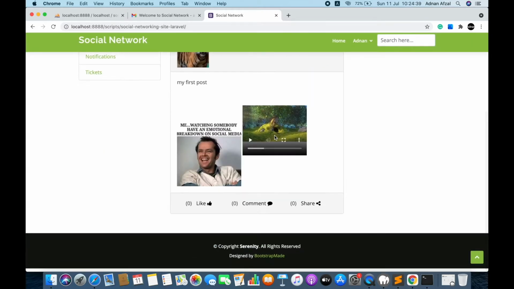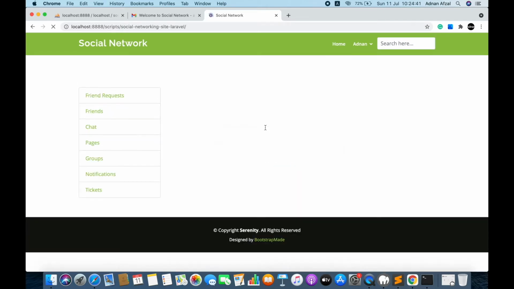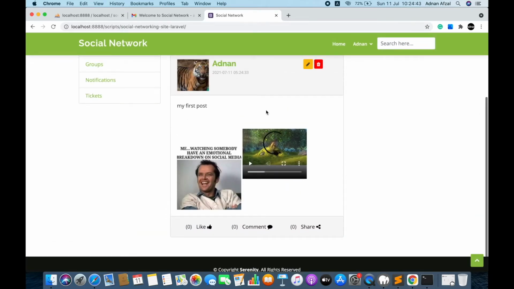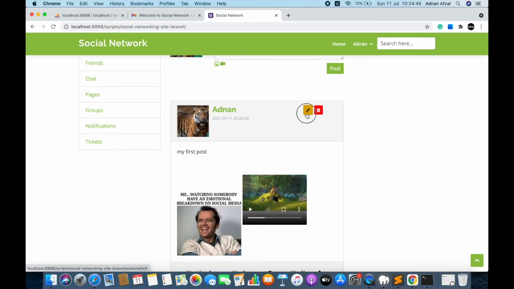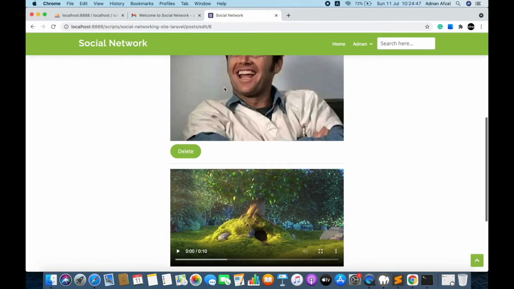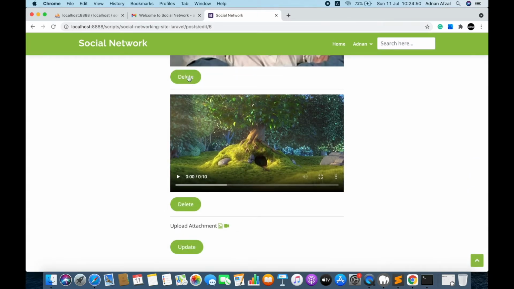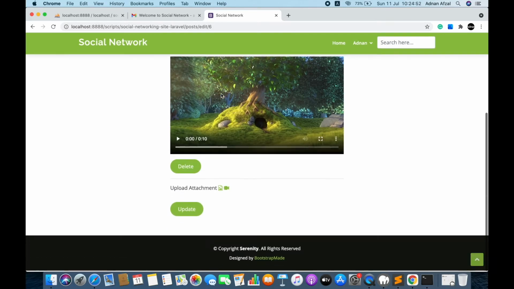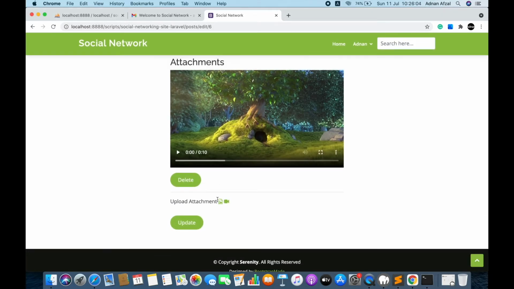These edit and delete buttons will only be displayed to the person who created it. You can edit the post, delete the picture, and upload a new one.